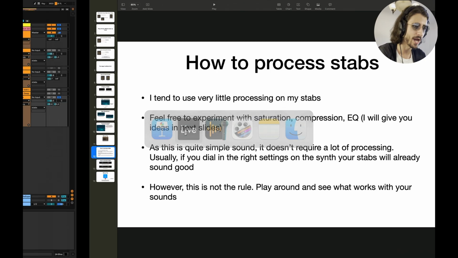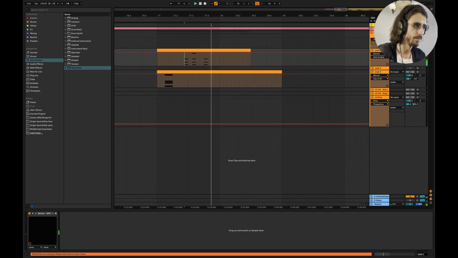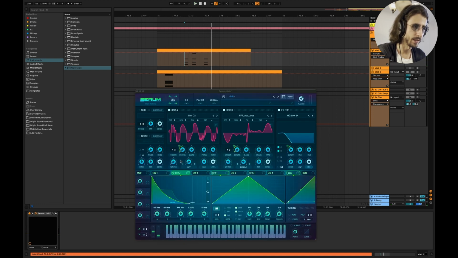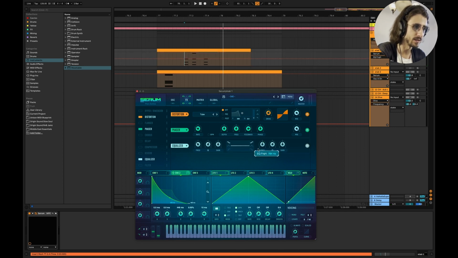You can try saturation, you can try, for example, let me just show this one to you. So we can do like this. Let me remove the detuning here. For example, we could use a bit of distortion. Maybe you want to do something like this, right? And then we could add the reverb. Maybe you want to use a bit of phaser. Maybe like this. Maybe you want to use some EQ and you want to filter out, let's say, the